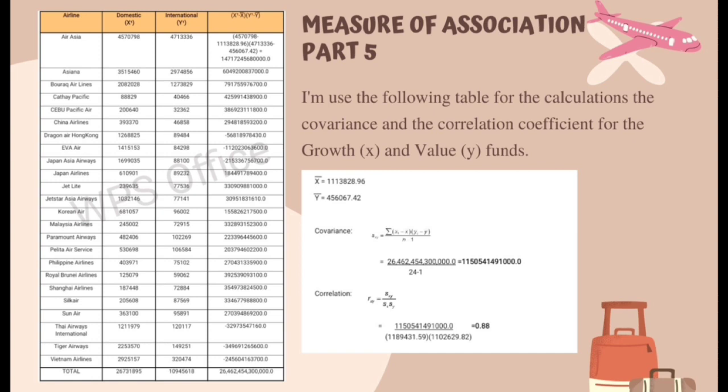The next is correlation. The first thing that we do is calculate covariance, and then we divide by the standard deviation, but I'm not going to detail it because standard deviation was already explained in part 4, and the answer for the coefficient is